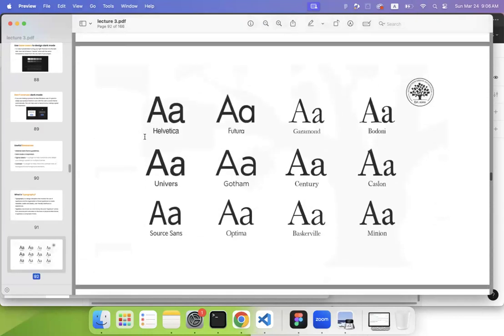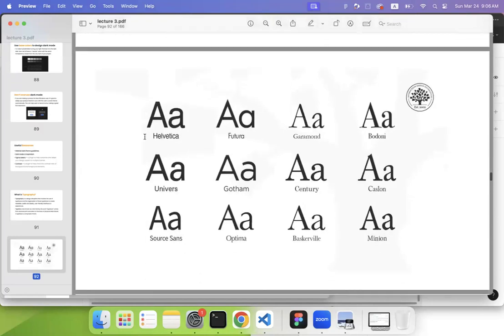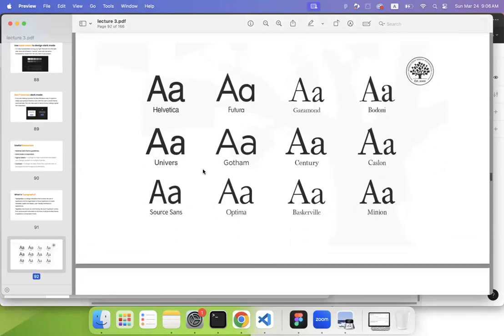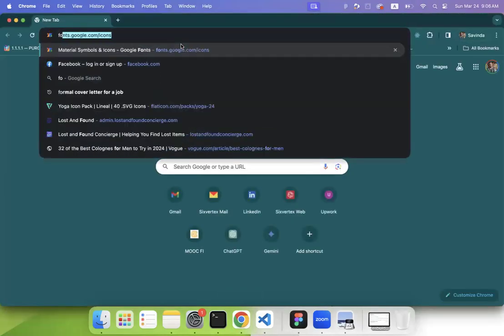If you're familiar with these, these are some widely used fonts. I got this from Interaction Design Foundation. Most of the designs are using one of these fonts. So if we go to Google Fonts,